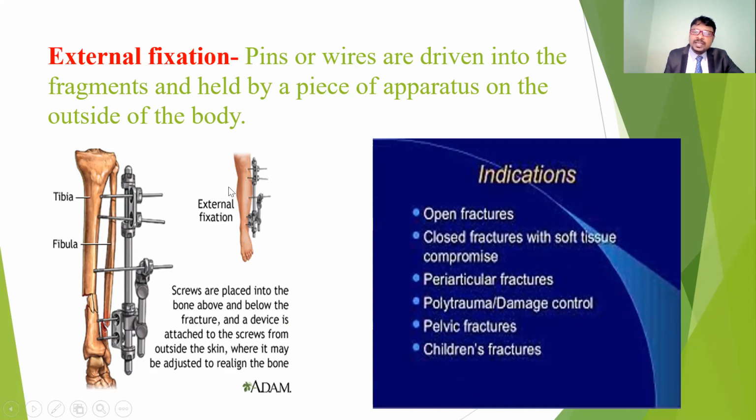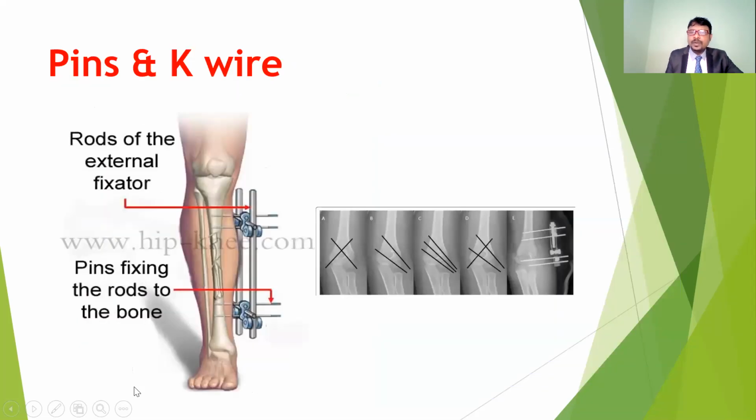So with external fixators, if you see comminuted fractures, and they are not fixed properly, they are going to do the surgical procedure with the external fixations. And also pins and K wires, depending upon the involvement. Sometimes this is done in elbow fractures, where K wires and pins are applied. With this type of fixation, the hospital stay is shorter and mobility is earlier compared to the other techniques.